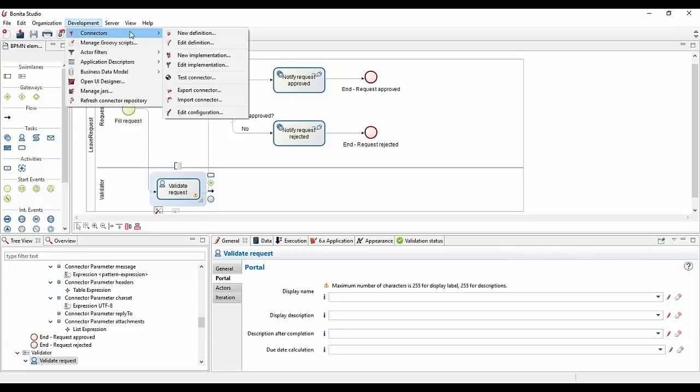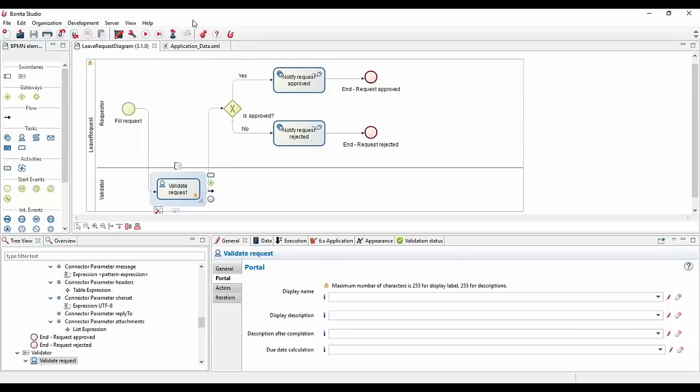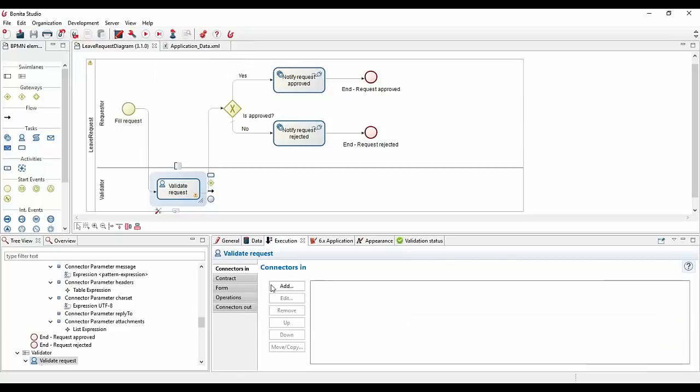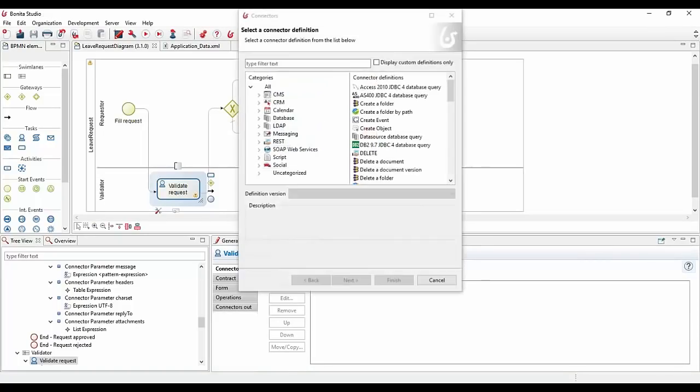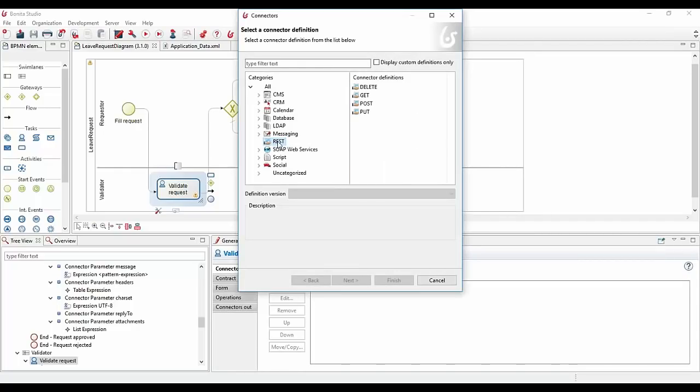So a connector, again, is something that is used to connect to external systems, but that could also be something that will just run some Groovy script. In this Groovy script, the best thing you can do is some evaluation. So here, I want to add a connector. I have a few connectors that are quite generic. The first one would be the REST API connector, because obviously you have some REST calls, and this is something that can be done as an API call for a lot of different kinds of systems. So that's usually what we use today.